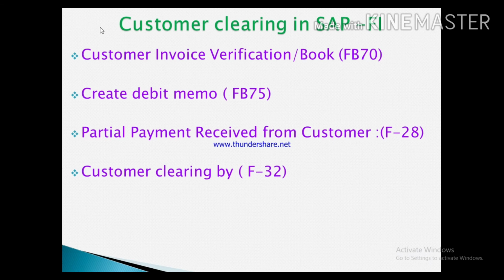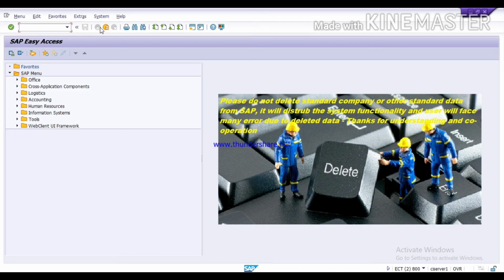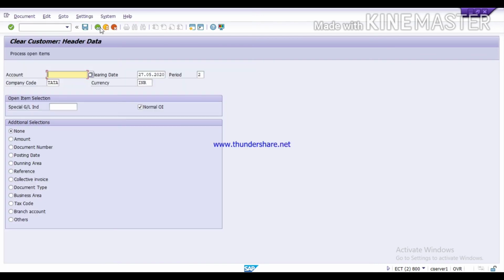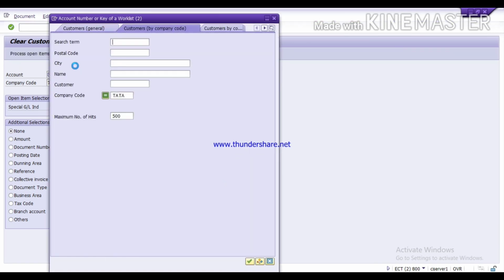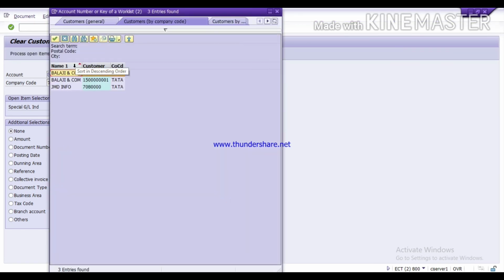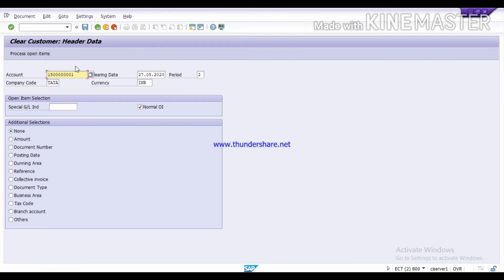Here you can see the customer clearing by F-32. So now we will run the T code F-32. Here select your customer, press F4 key, select your customer account, give the clearing date, period, currency and company code, and here you have to tick on normal open item.